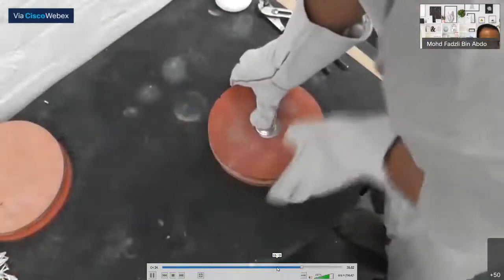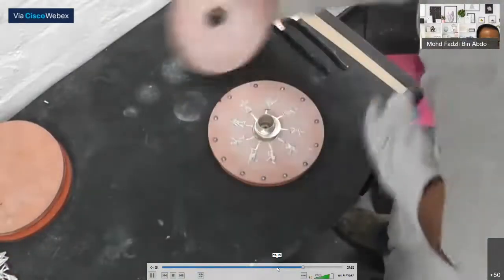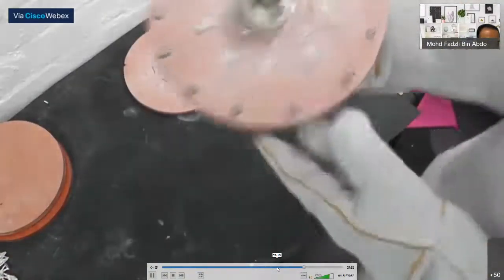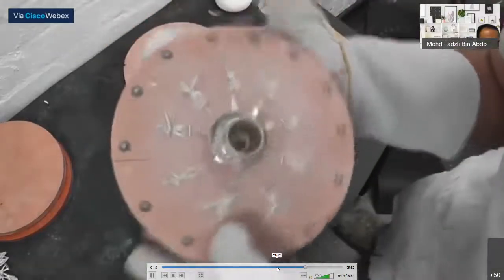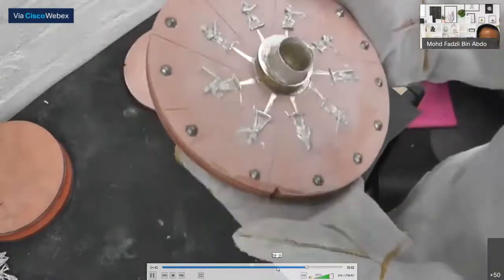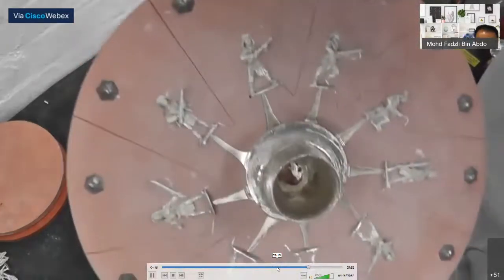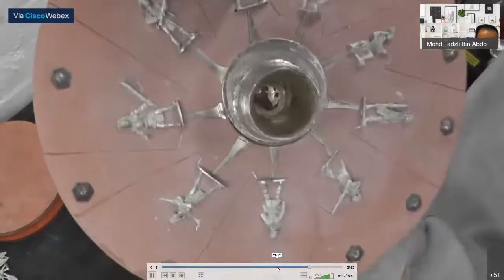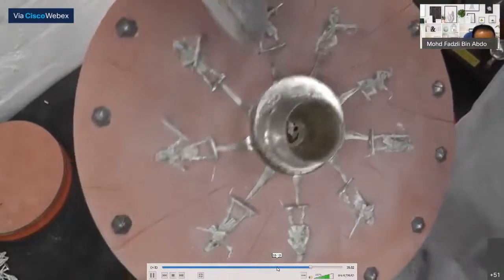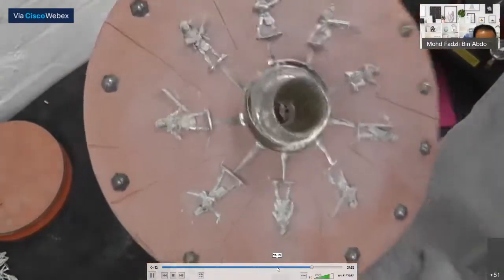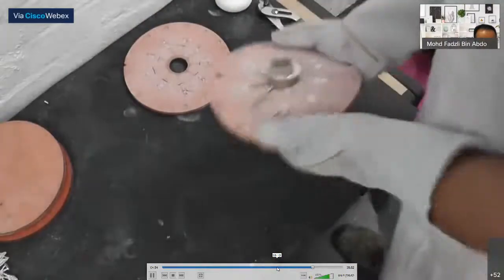So this time, hopefully, we've got a full mould. There is one small little problem down the corner here. I don't know if you can see it. This figure here is missing a part of its base. So I'll cut another vent in there and that should help with that one. But otherwise,